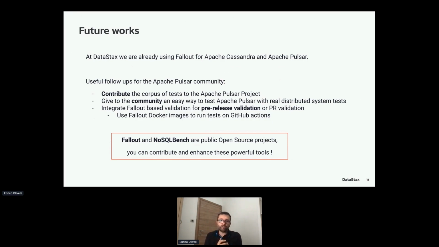Some useful follow-up for the Apache community. It would be interesting to contribute the corpus of tests that we are running to the Apache Pulsar project. Currently, in that example repo, you can find some useful templates to get started, but we have more and more tests, so we can share them with the community. We are running them every day against the current Apache master. I would like to give the community an easy way to test Apache Pulsar with real distributed system tests,